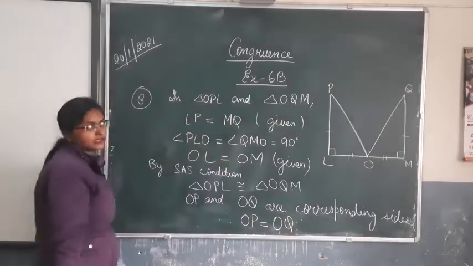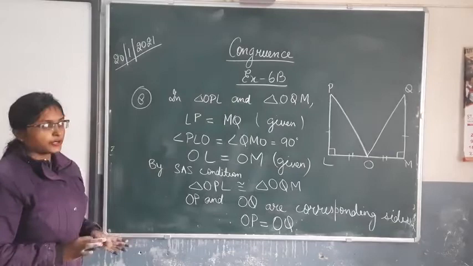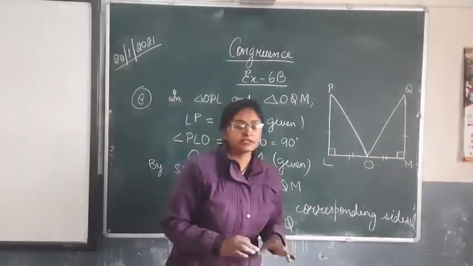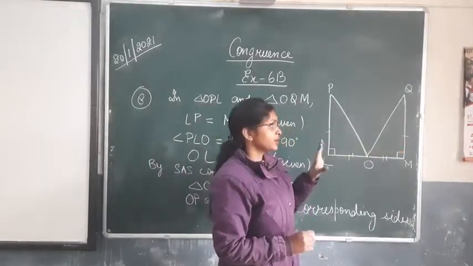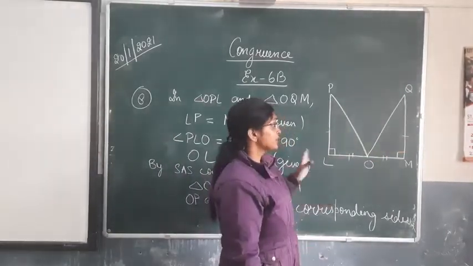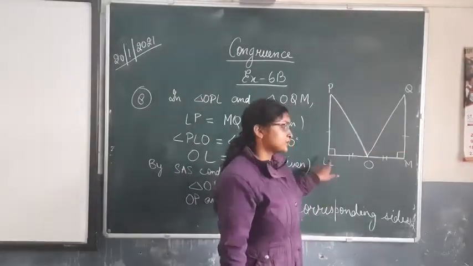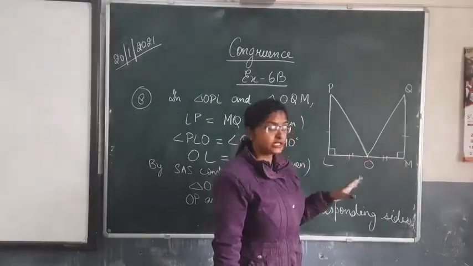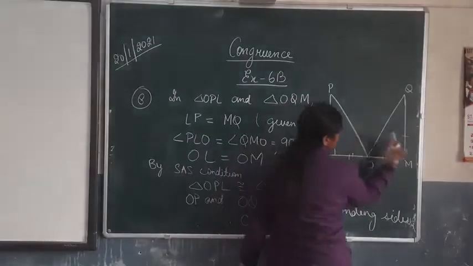We know that in two congruent triangles, corresponding parts, corresponding sides, corresponding angles are equal to each other. अगर दो triangles congruent हैं तो उनके corresponding जो भी sides angles होंगे वो equal होंगे. Corresponding मतलब उनके respect में, जैसे P का corresponding क्या है? Q है. L का corresponding M है. O तो O पे lie ही कर रहा है. ठीक है? तो अगर हम इस triangle को ऐसे इस तरह से rotate करके इसके ऊपर superimpose करते